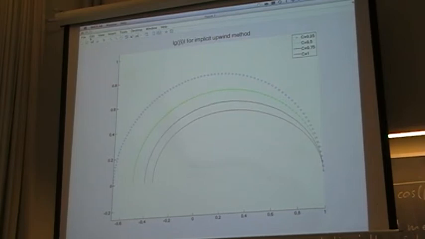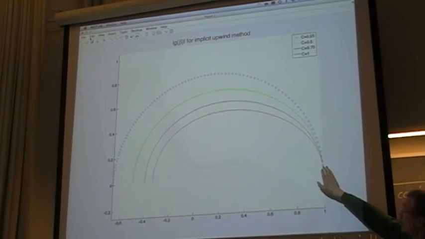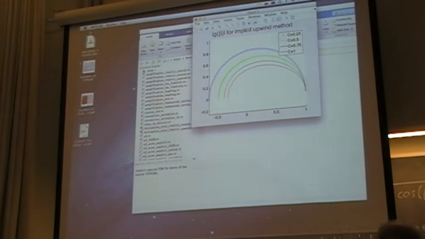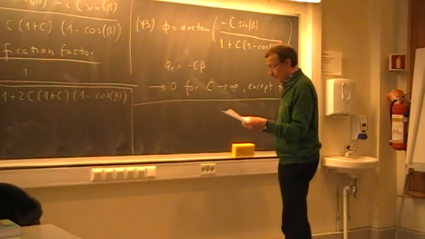We can only expect good results regarding accuracy when we are close to wave number k delta x equal to 0. That means that we have to have either small wave numbers, that is long wavelength, or we have to have a fine grid, so that delta x gets smaller. So then let us just stop here and summarize what we can say about this method. So the conclusion is this method, implicit upwind method,